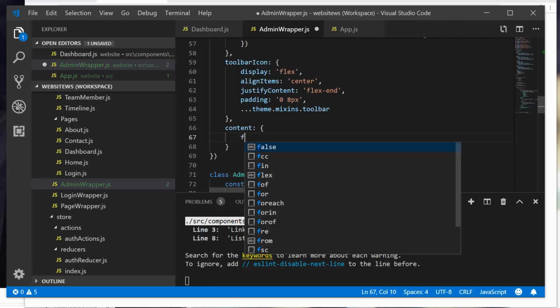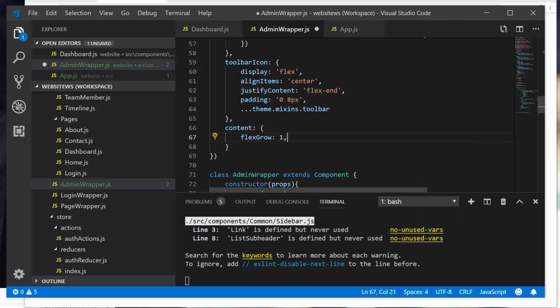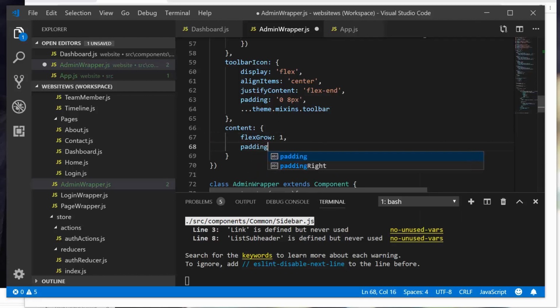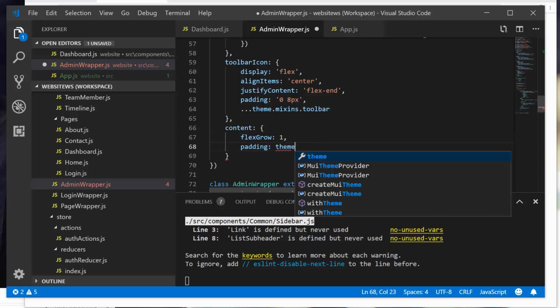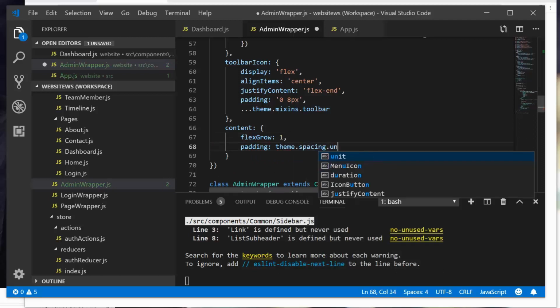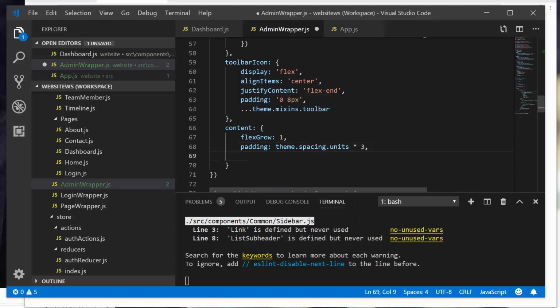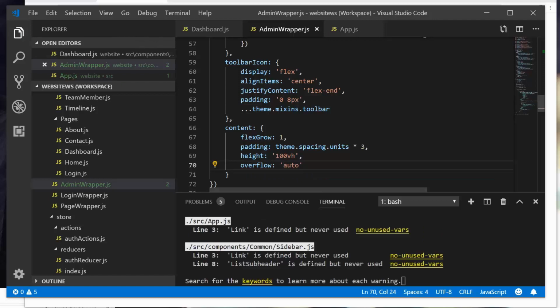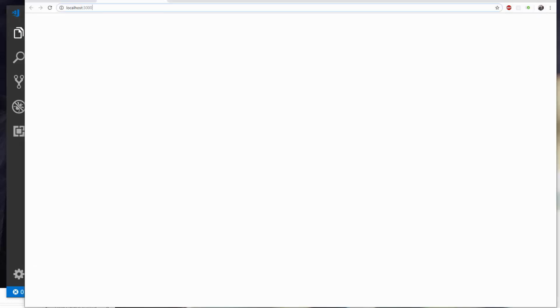And we're going to say flex grow is 1. Padding, we're going to get the theme spacing and multiply by 3. And I don't recall what the theme spacing is set to. Height is going to be 100 view height, and then overflow we'll set to auto. We're going to save this, and then we actually have to go to admin here,